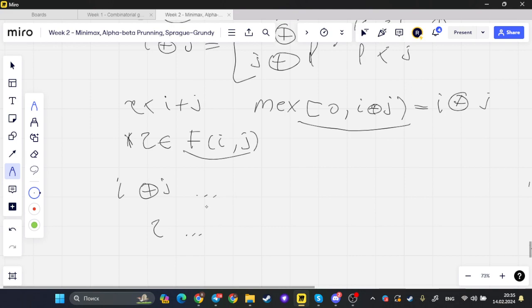And notice that if we take r less than e plus g, that means we have